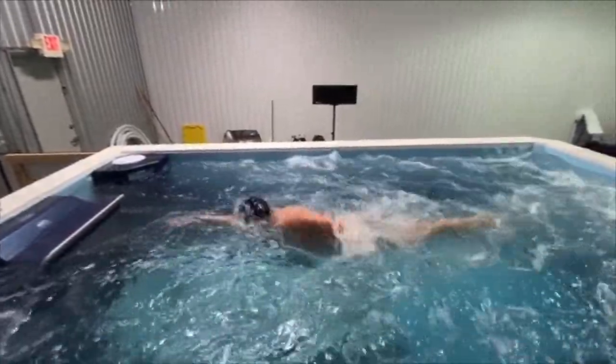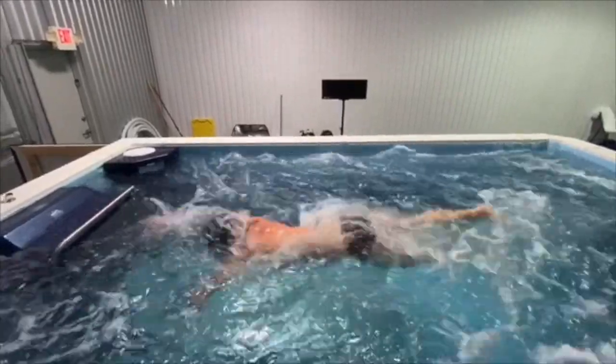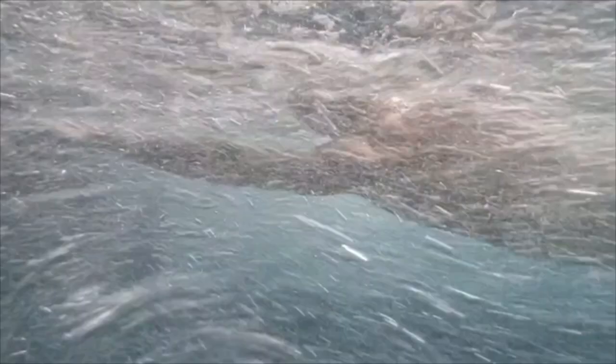But all in all, he's got a really solid stroke. But as with any swimmer, there's always ways to find more efficiency. So here we are underwater. It's kind of difficult in the endless pool when you start going faster than about 115. The water starts to get really, really turbid. So you can see,